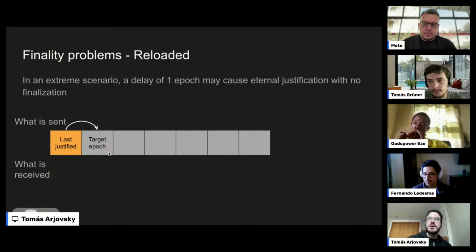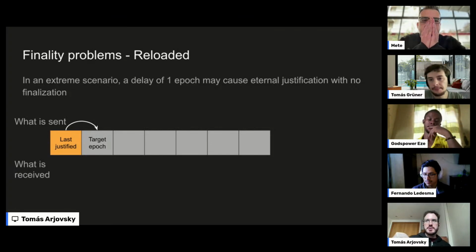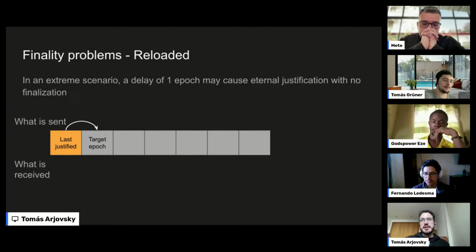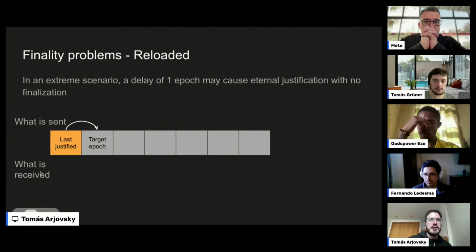What I mean is that the way in which this scenario can be produced is when you have a delay in attestations, for instance. So maybe I attest for a specific epoch now, but instead of that being received by every validator and then being included in blocks, it may be the case that for some reason the network is slow, for instance, and those attestations arrive in the next epoch. So what I will be representing here is 3 steps in one. I will first receive some stuff, I will apply some stuff here, and then I will send something. So let's assume that we